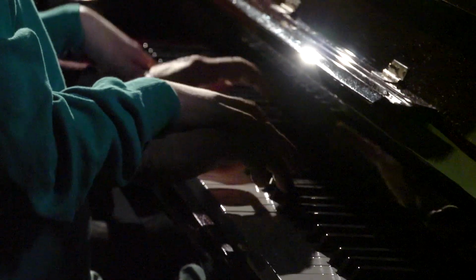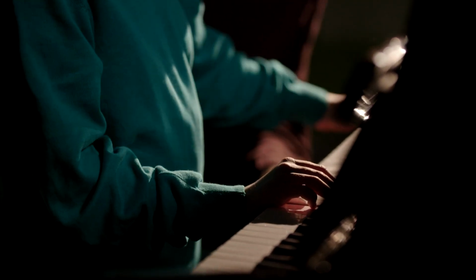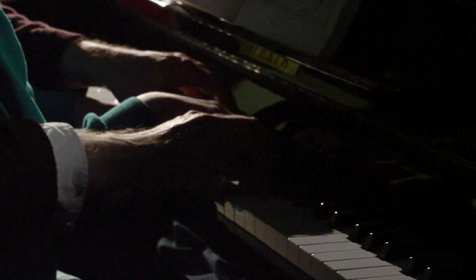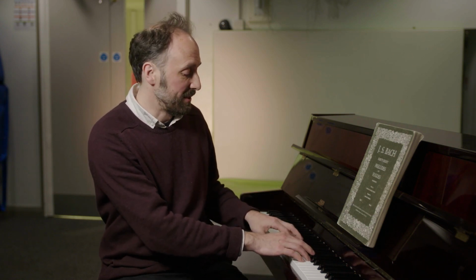Generally, Lucy will prefer to hear the whole texture from the beginning because that's a way in which she remembers the music. We do a little bit of work with the hands separately, in the traditional way, because that has been a bit of a barrier for her, because she can't see what's being played with the right hand and the left hand. So, for example, one of Lucy's favourite pieces is the variation from the Goldberg Variations, which goes...